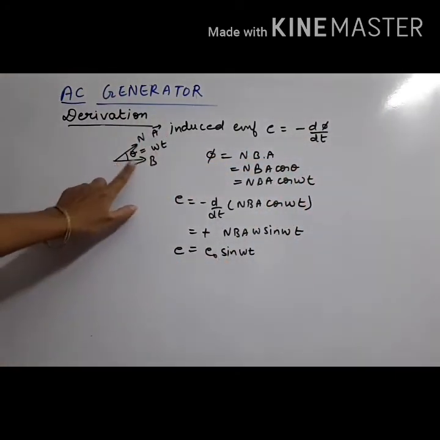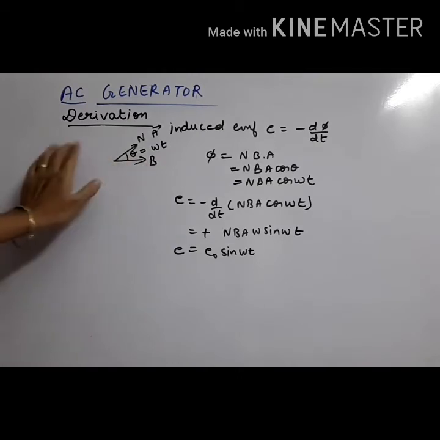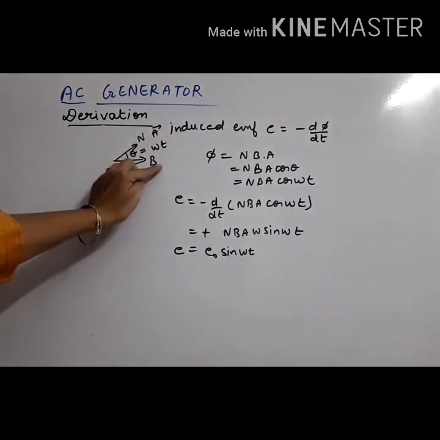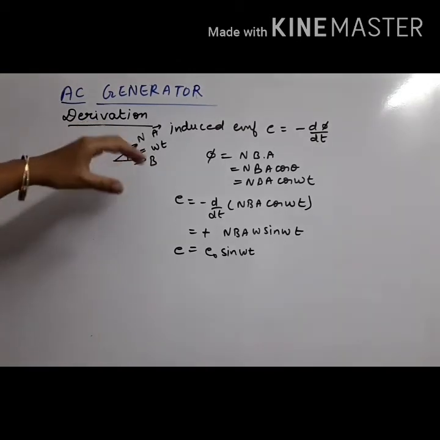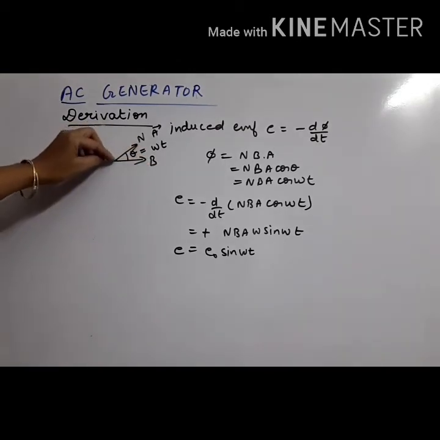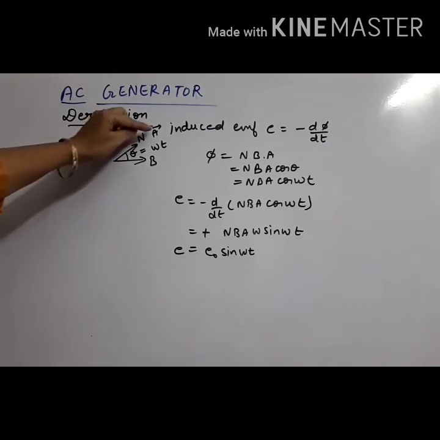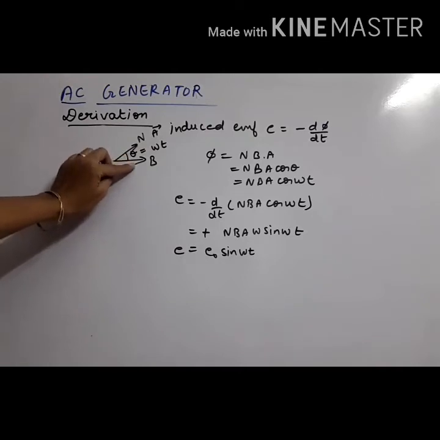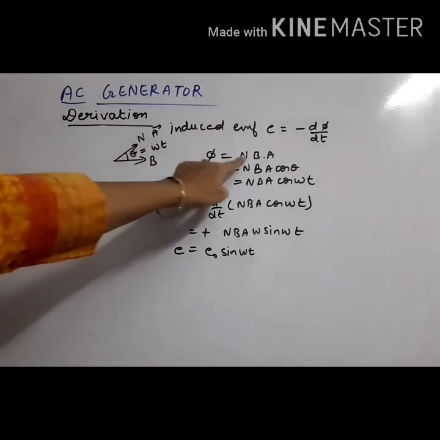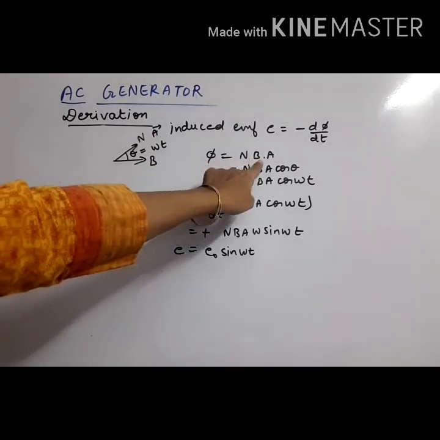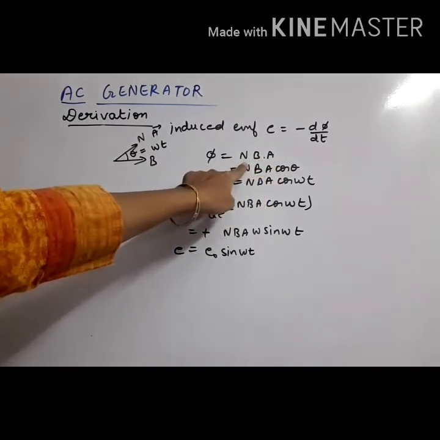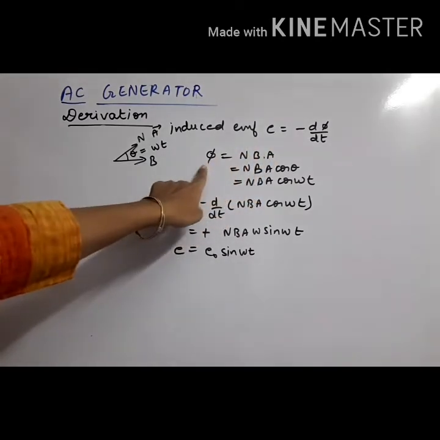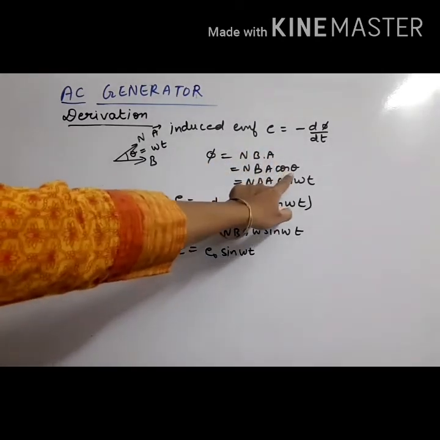See, at any time we know that the magnetic field is from north to south. So the magnetic field direction is this. Now when the coil is rotated, then at any time the normal of the coil, that means the area vector, whether we say normal to the coil or area vector, suppose makes an angle theta with B. Then the flux formula phi is N B dot A, where N is the number of turns. So B dot A is the formula of the magnetic flux. If we open it, it is BA cos theta.